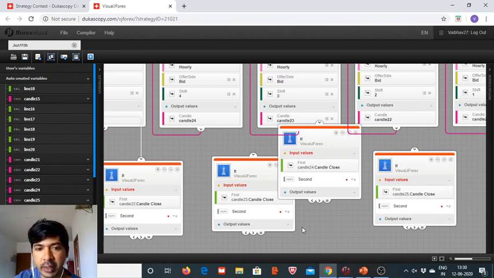So here we have taken into consideration the closing levels of the prior four candles,